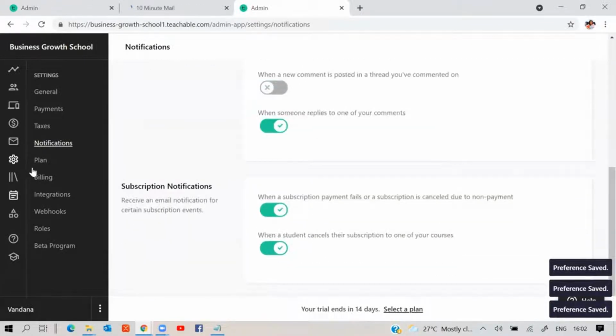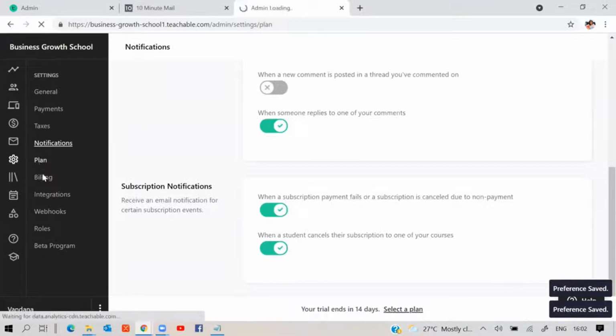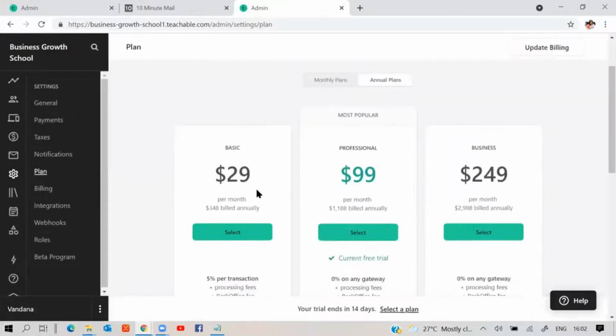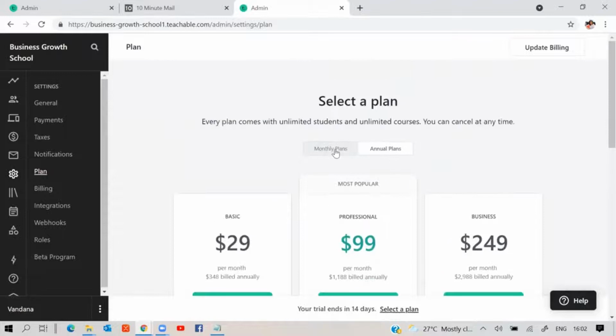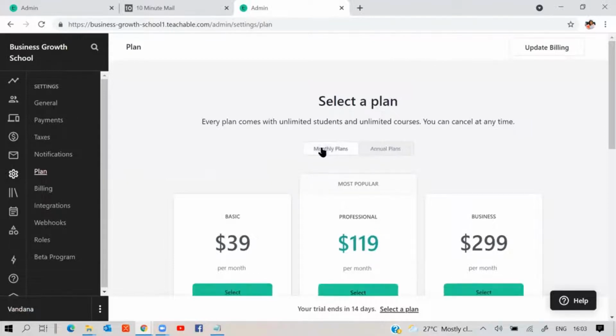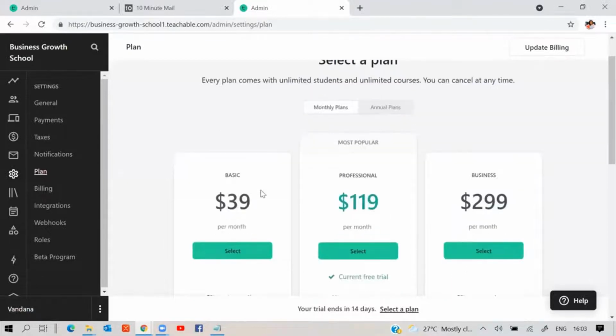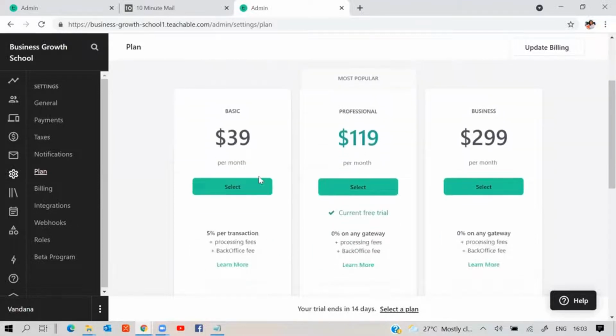Subscription notification. So the approach is, you go and click on each tab one at a time, and just see what is the content there. There is no harm in exploring. You're not going to lose anything. Now there are monthly plans and annual plans. Okay, so when you look at some tools, they will just show the annual plan by default, but I would recommend not to go for annual plan in any tool. Okay, never go for annual plan in any tool.